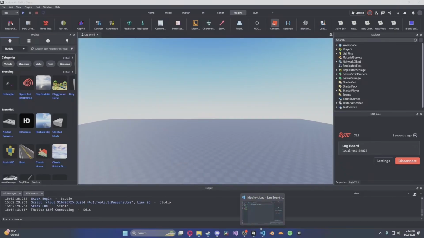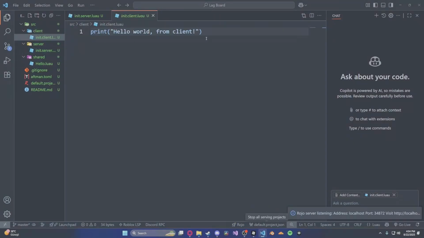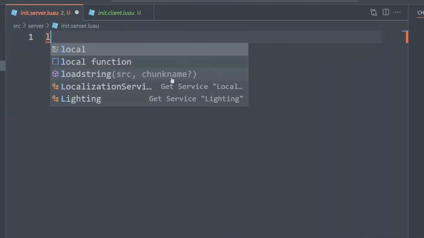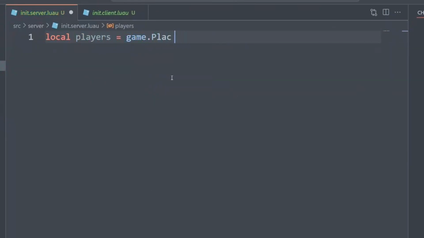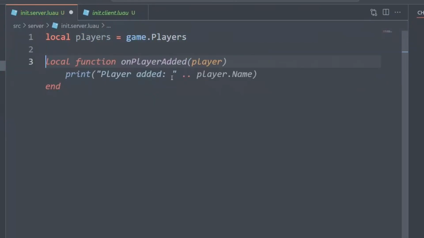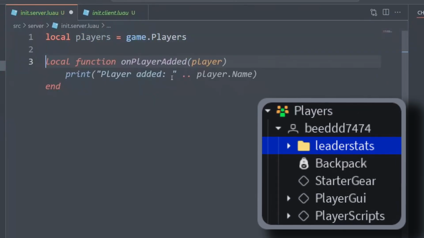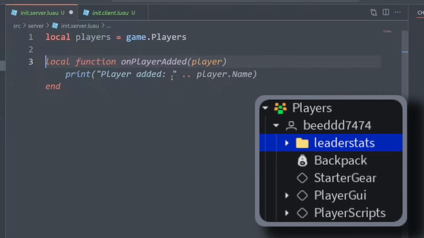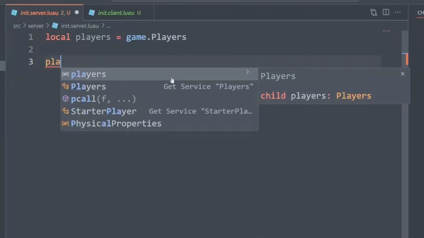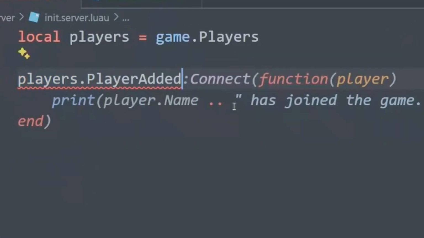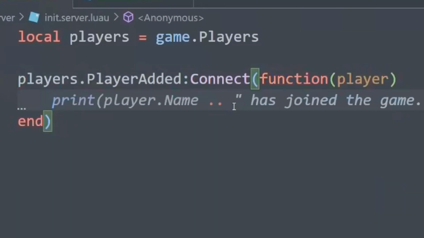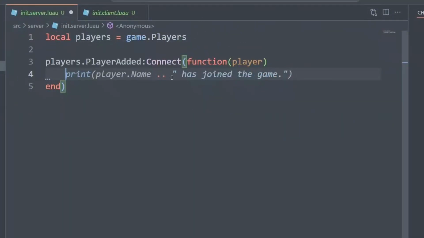So first of all, here in the server, let's start by making a leaderboard. So we'll get the players, and then we want to add a leader stats folder when a player joins. So we'll use players.PlayerAdded. So here we will create our folder called leader stats,